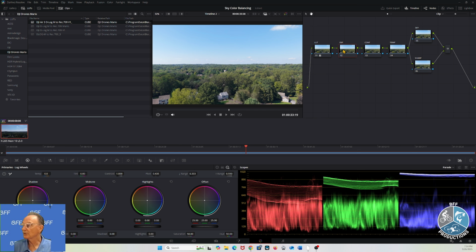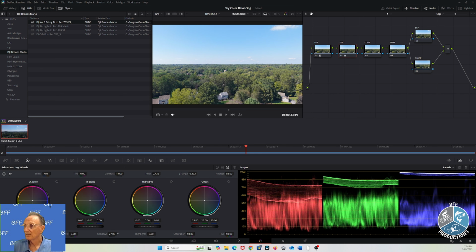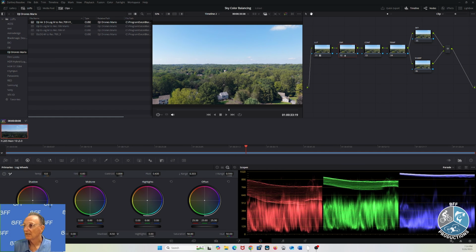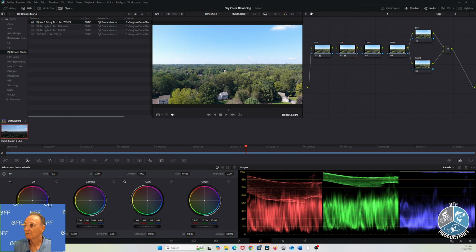Now we'll change the exposure. So we'll click on this node, and sometimes if it's too dark, I'll increase the shadows. You can see how it's. And if you look, okay, yeah, but I want to darken that a little bit. So shadows are around minus 16 or so. And if you look at the scopes here, you can see the blues are a lot higher, and that's probably because the blue sky is dominating. You can make it. Well, let's change the gain. Yeah, that looks better. Brighten up the bottom a little bit,